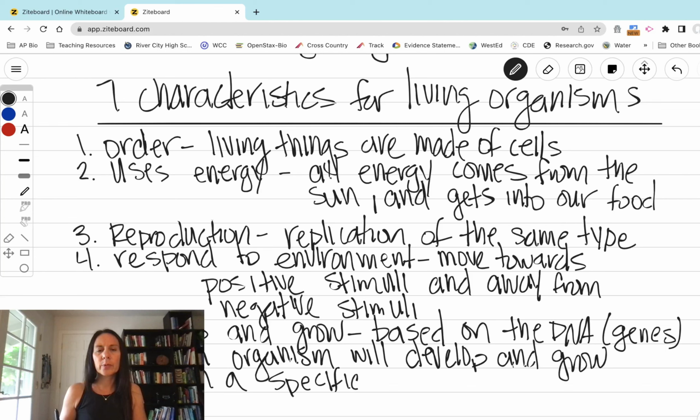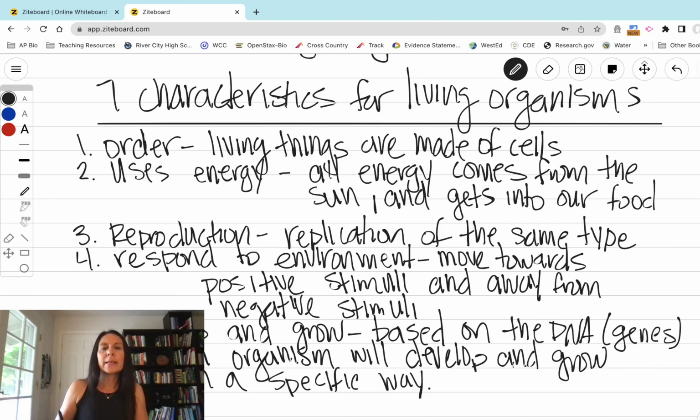Okay, and I want to point out that when you're born, you're a really small, little cute baby, and you grow into this huge adult. And you have to eat food to get that matter. Okay, so in the food, you get stuff that you can break down to make energy to live, like we said in number 2, but also you're getting atoms that you can incorporate into your body to make your body bigger. Okay,